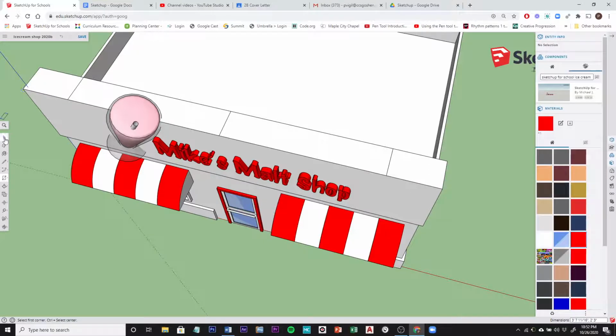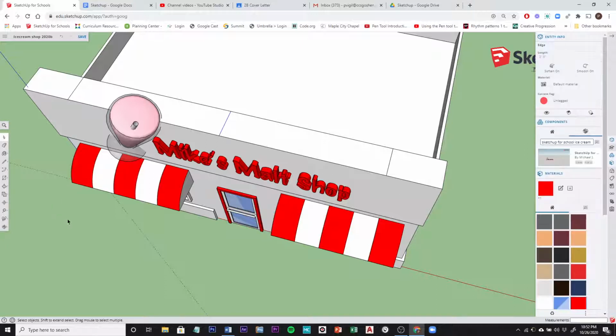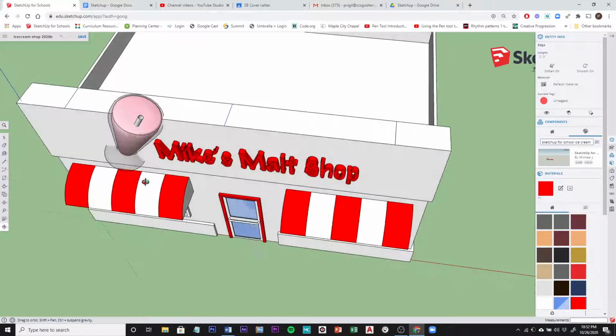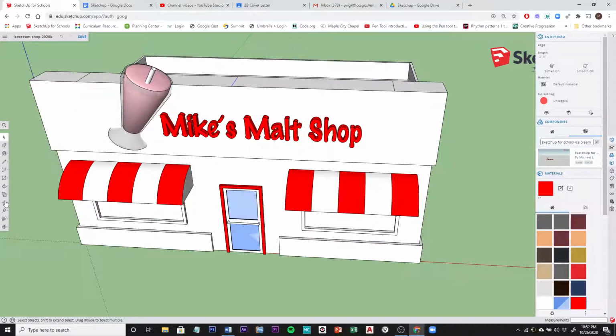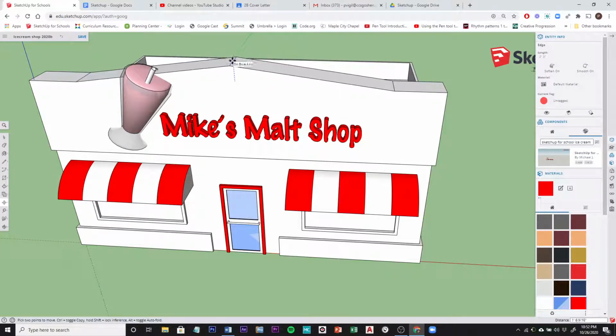Now what I want to do is actually grab this line. So I need to select it first. So I'm going to go to the select tool, select that center line, and I want to move this line up. So I'm going to grab the move tool and select this line in the midpoint. It doesn't really matter where you select it, it's anywhere on this line. So click on the line and you want to move that in the upward direction until you see on blue